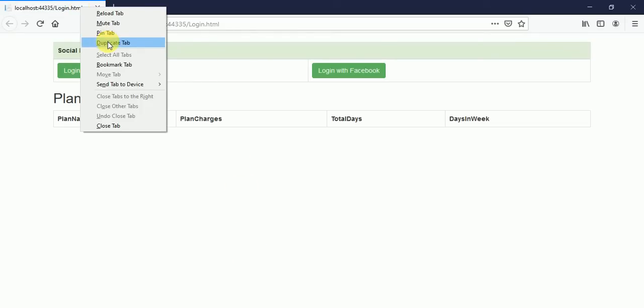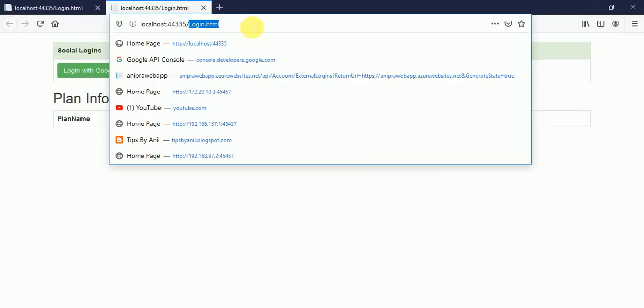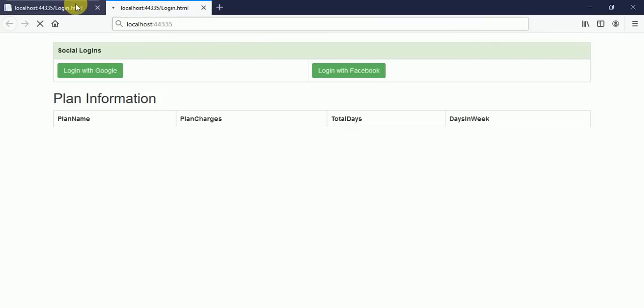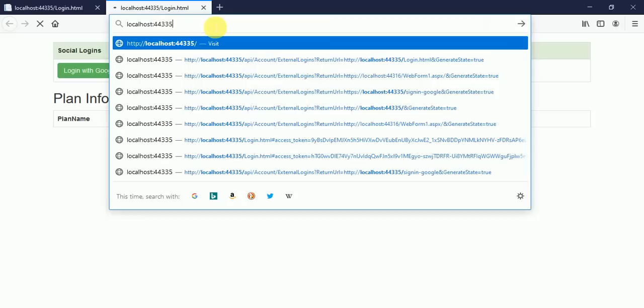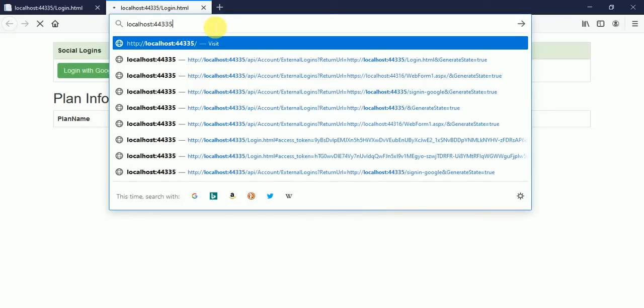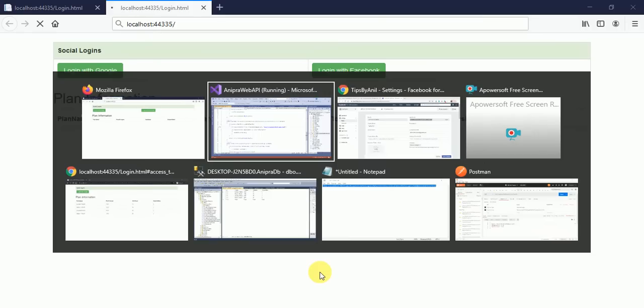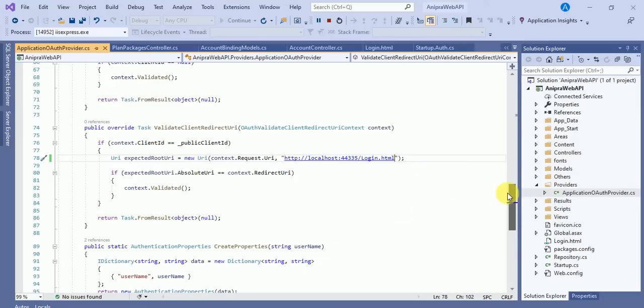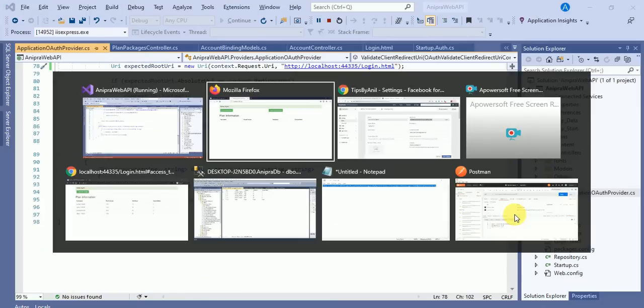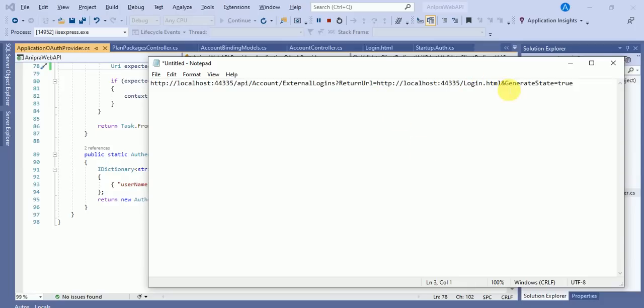Open a duplicate tab. Here we will call a method that I already typed in Notepad. We will call the external logins method.